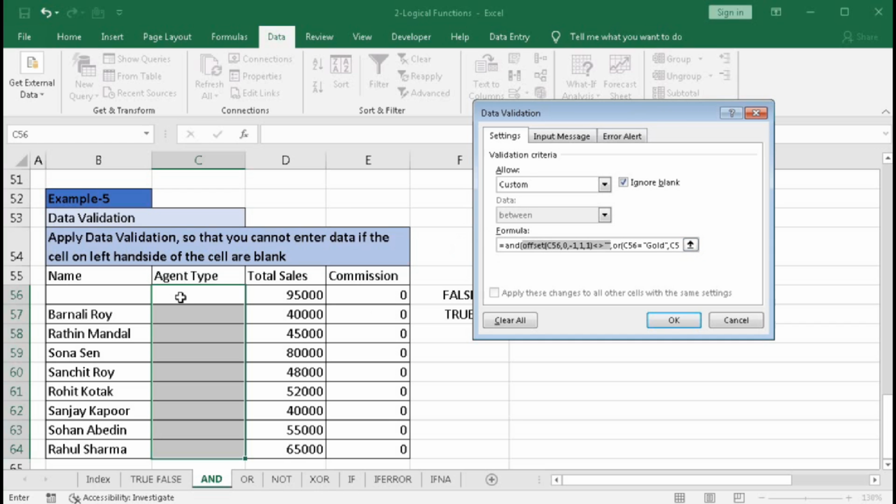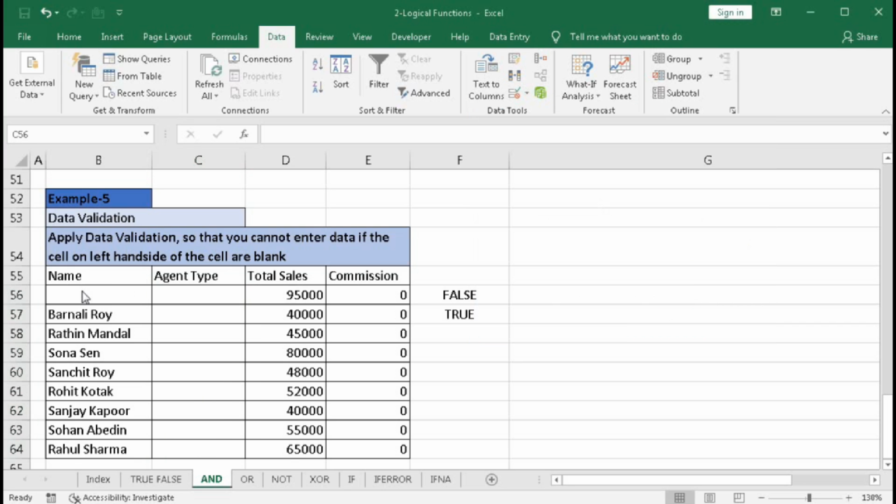So here we have given a logic, that is we have used the OFFSET function to get a cell reference from this cell, because here we will enter the value. So one side left, so here we have given column minus 1, so it will refer to this cell. So if this cell is not equal to blank, and here F6 should be gold, silver, bronze. Here we have used the OR function, any of these three. The OR function returns true if any of the logic is true. So here if I enter gold, then it will return true. So this one is true, and if this cell is not equal to blank, then it will return true.